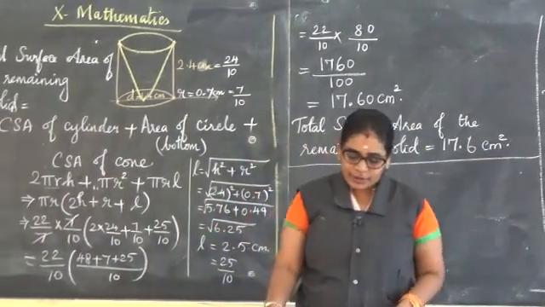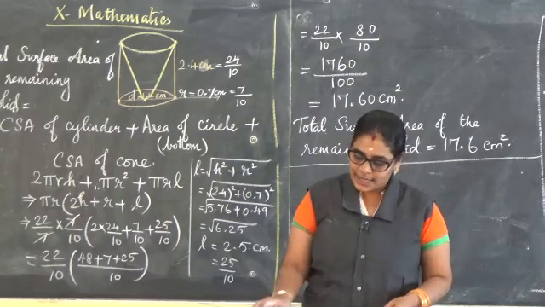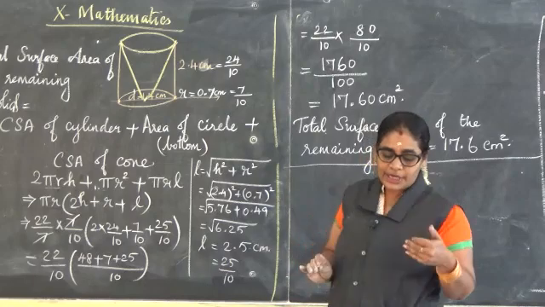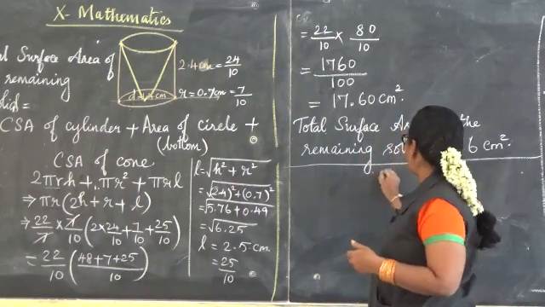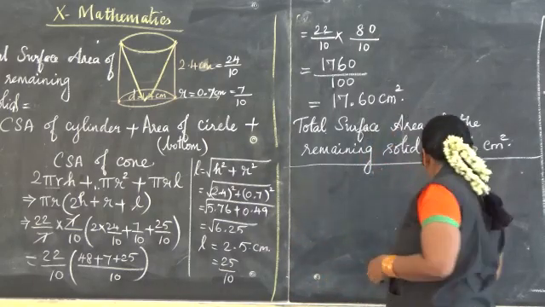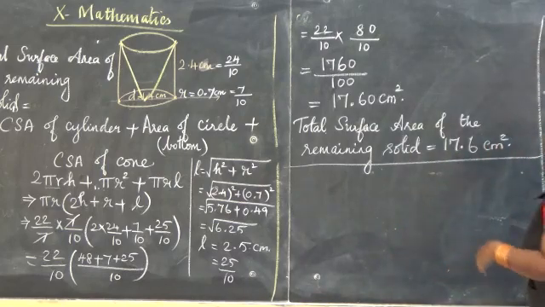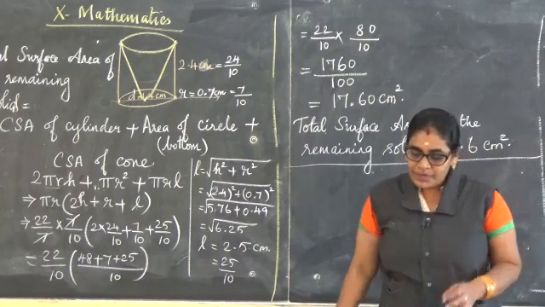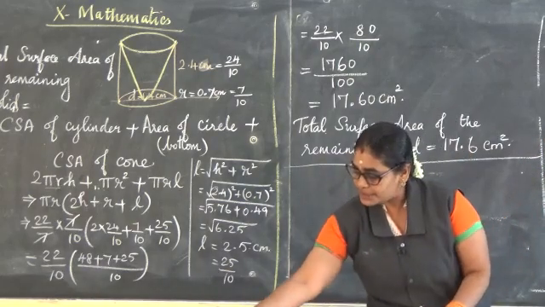Now we will go for your exercise. So in the exercise, we have already completed 3 sums. Now we are going to take over from your 4th sum. Now exercise 7.1. So in exercise 7.1, from the 4th sum onwards we have the cone. 4th sum, what is your question?